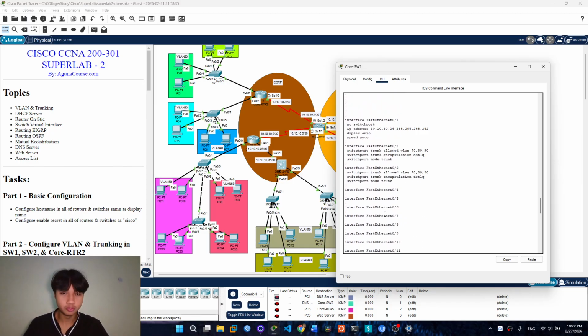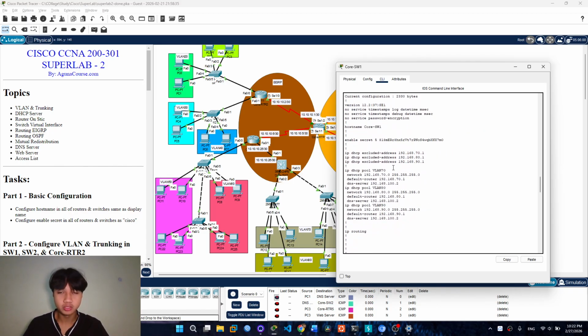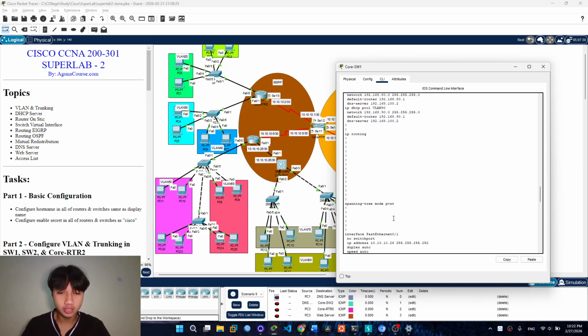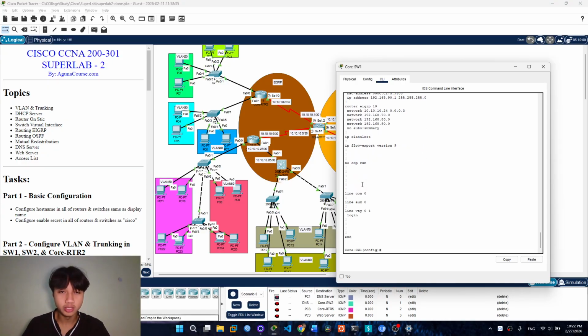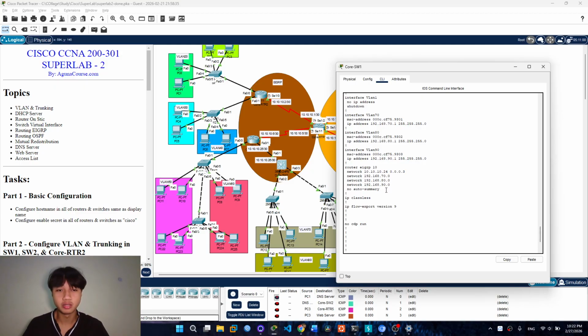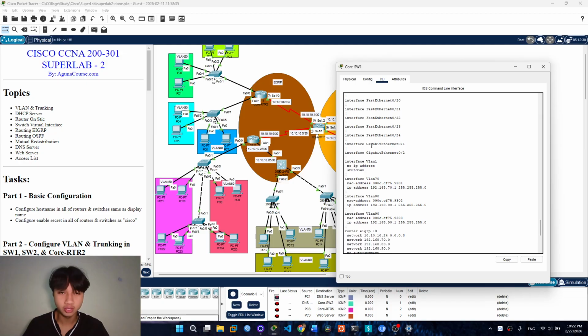Right. The configuration is so simple. Firstly, add the VLAN with the command vlan ID, and then you can set the name of the VLAN. After adding the VLAN, you can add the interface VLAN with the command interface vlan ID, for example ID 70, and then you must add the IP address for the gateway of VLAN 70 with the command ip address.